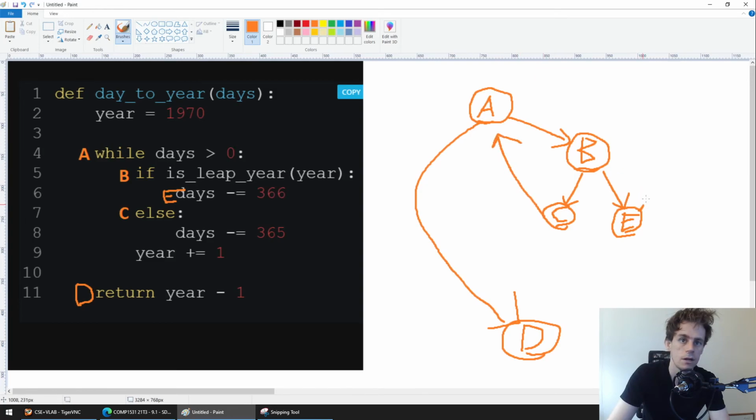Now granted, it's a bit of an ugly diagram. I'll admit that. But what's the complexity we have here? We have 1, 2, 3, 4, 5, 6. So we have 6 edges, and how many nodes do we have? 1, 2, 3, 4, 5. We have 5 nodes. So that's E minus